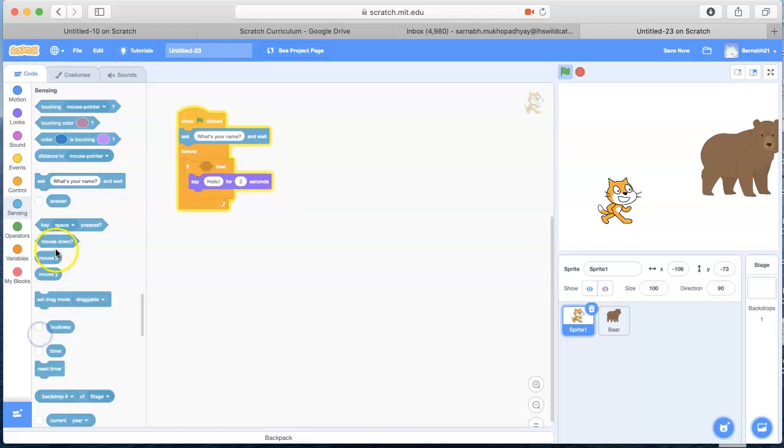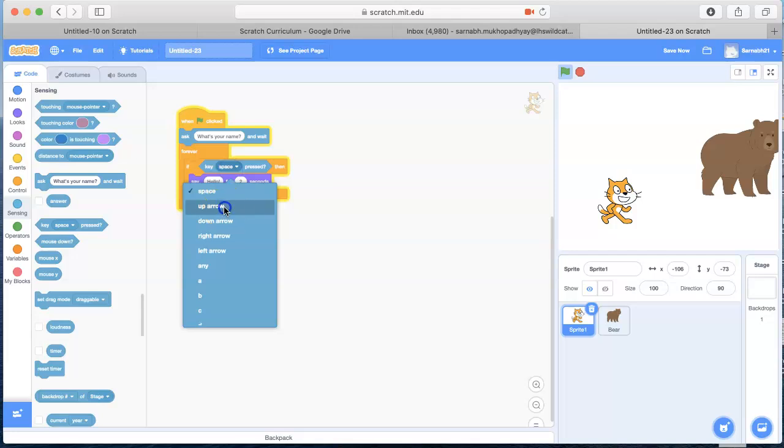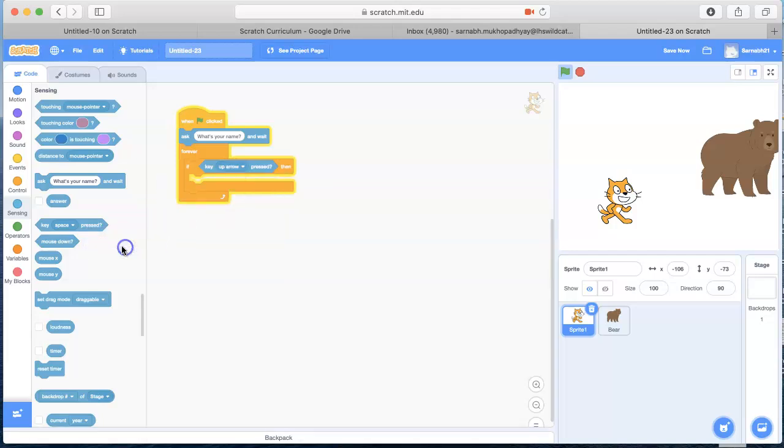Now, let's move on. Let's bring the mouse down button. And if I click, it should say hello for 2 seconds now. And it does. I know you guys can't tell, but I am doing it. Trust me. Just something to remember, that you can also change this to up arrow, and you can actually make